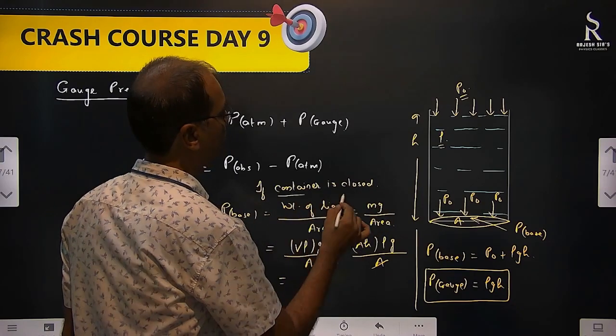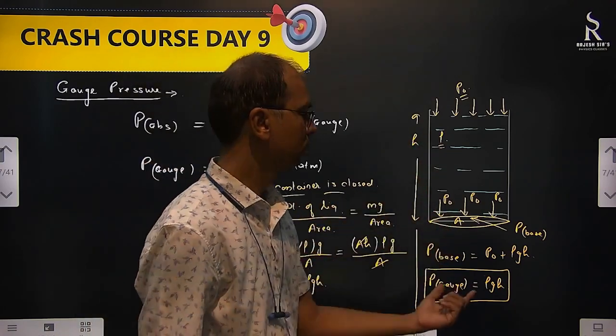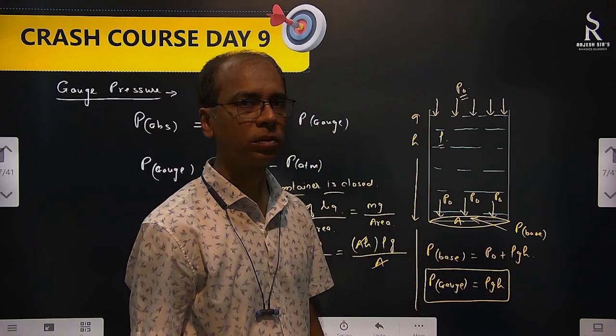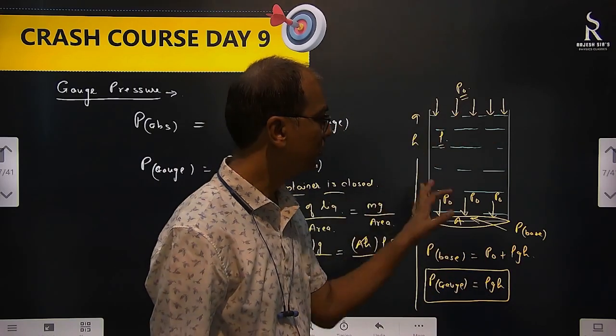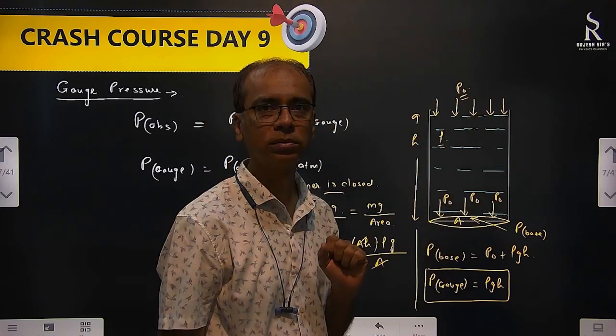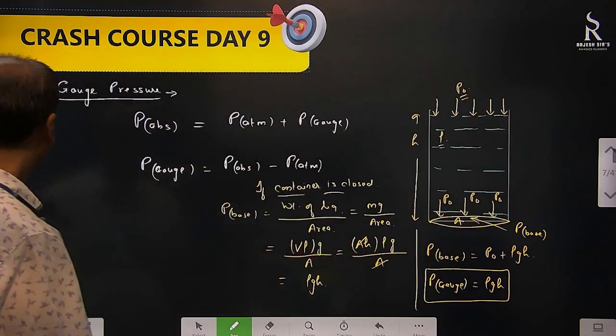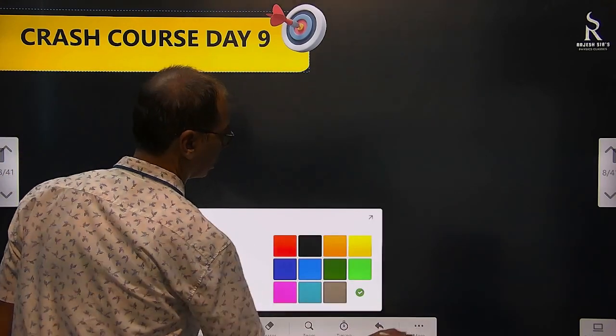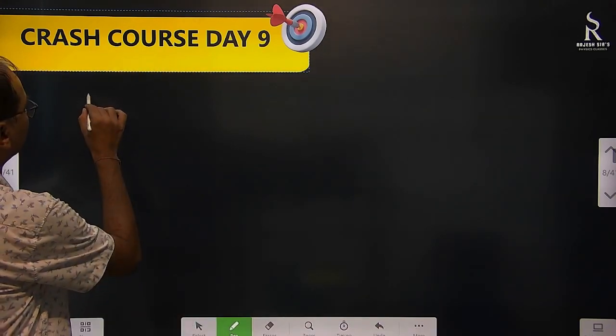This is the pressure. And if the container is open, this is the pressure at the bottom, and this is gauge pressure. Okay. So this is how we measure pressure at any point. Then based on this only, some questions are there. Questions are, if the container is like this